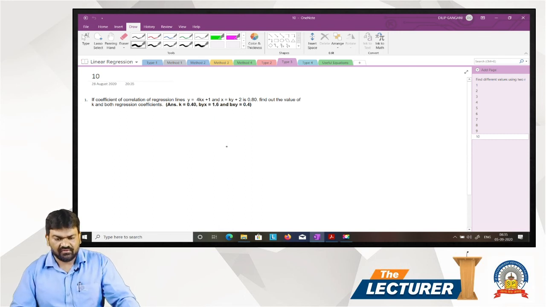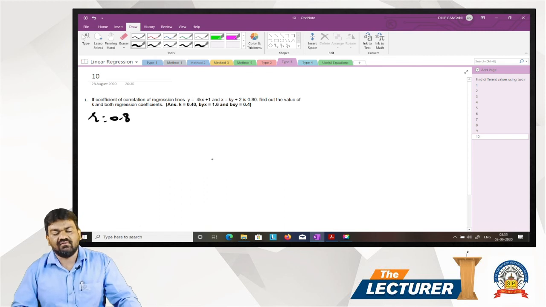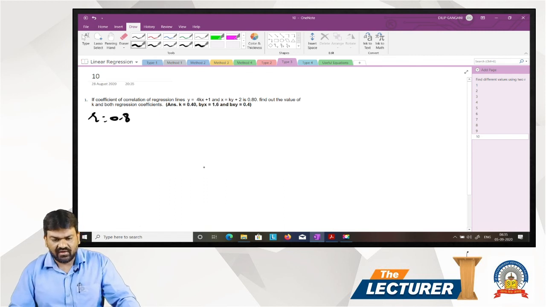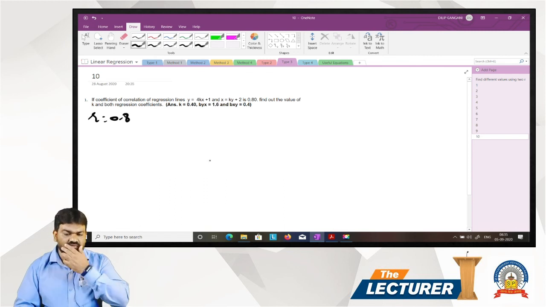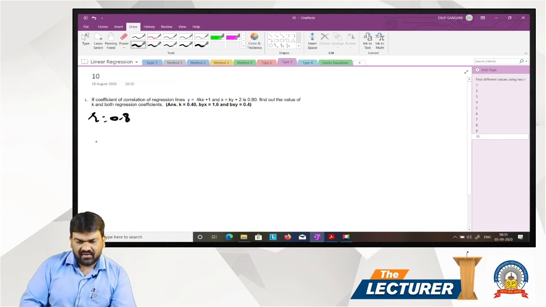If coefficient of correlation of regression lines y is 4kx plus 1 and x is ky plus 2 is 0.8, correlation is equal to 0.8, so r is equal to 0.8. Find out value of k and both regression coefficients. We have to find the two regression coefficients and the value of k. Okay, first line we will assume y on x, that is y is equal to 4kx plus 1